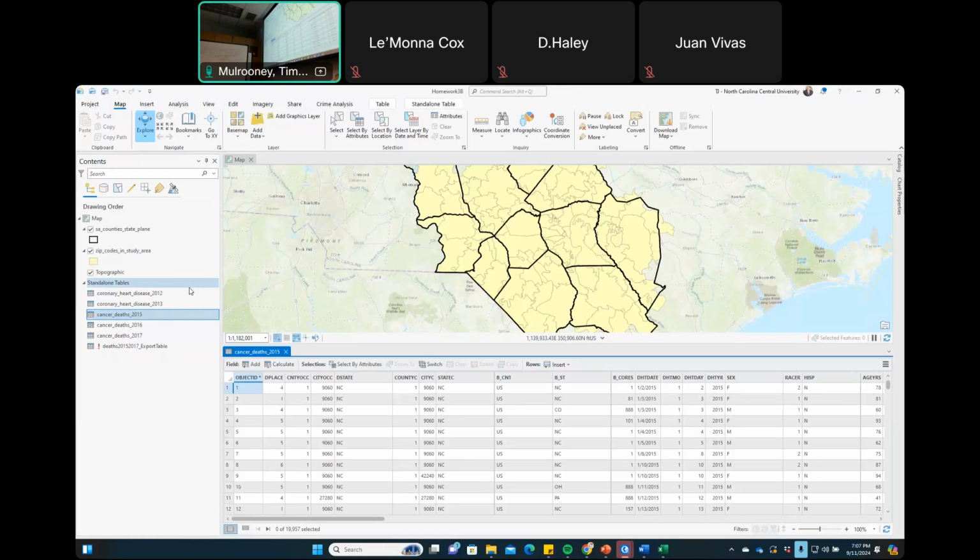So 27358, where I live, it's not going to be part of this map because I don't have it here. So when you run this summarize, you might get 723 of these. So that's pretty good.